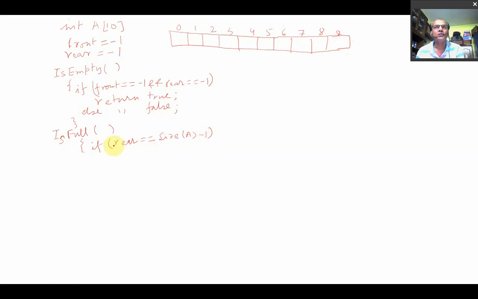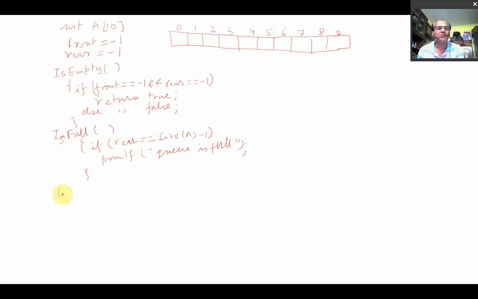What does it mean? printf "queue is full". This is the algorithm of whether the queue is full or not.